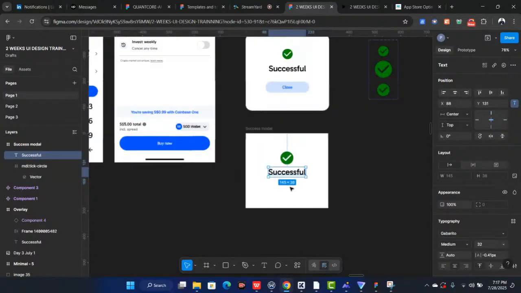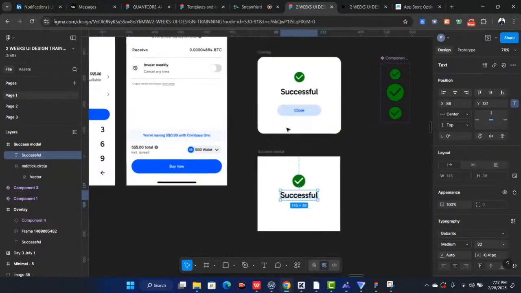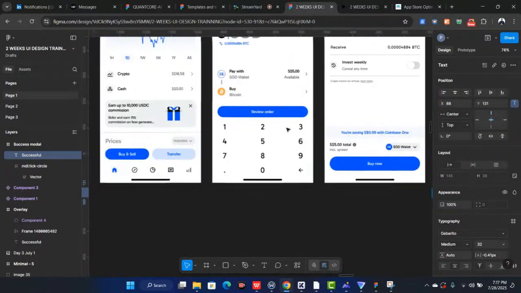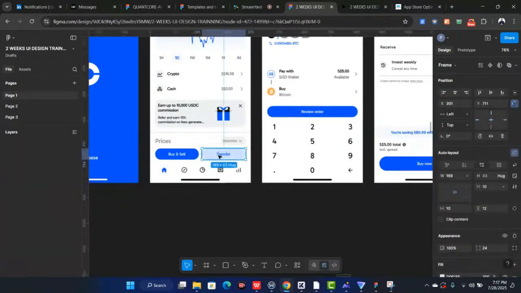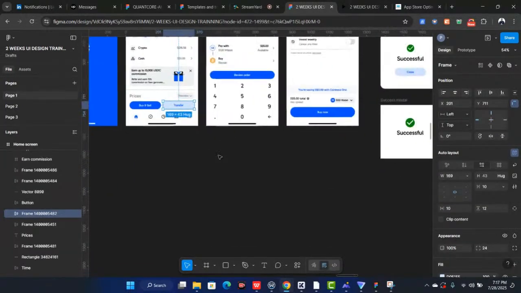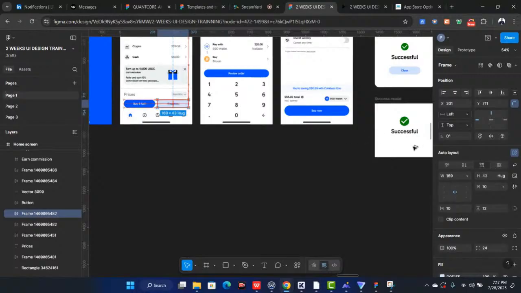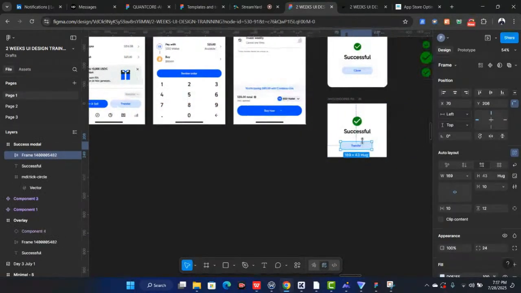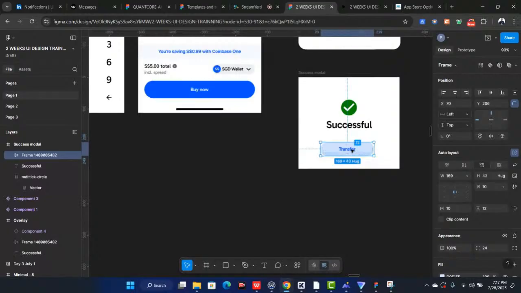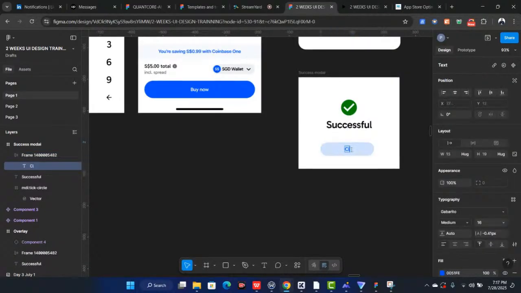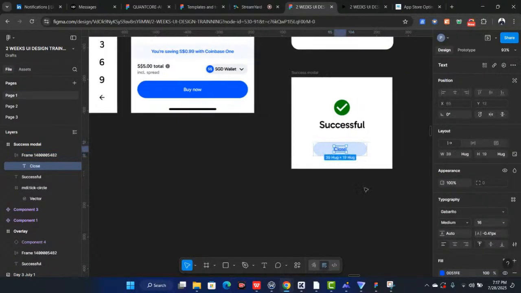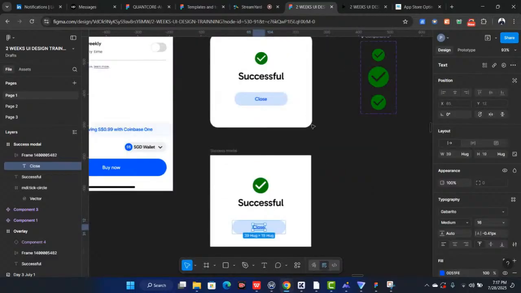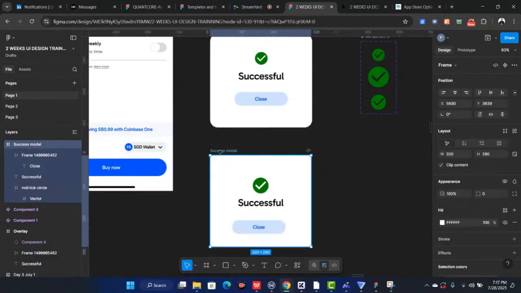Then I need this close button. We have something similar already, which is transfer. I'll click on the transfer. Use alternate to duplicate. Then I'll type close. CLOSE, close. So if I want to give it these curved edges, I'll select the frame, come over to my